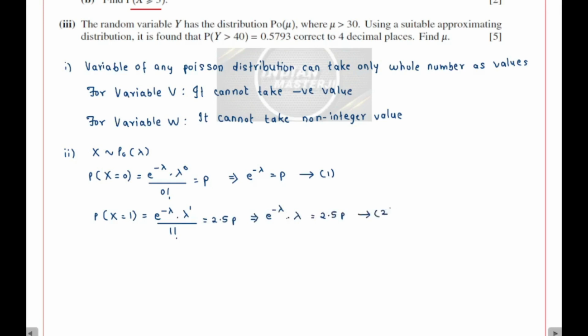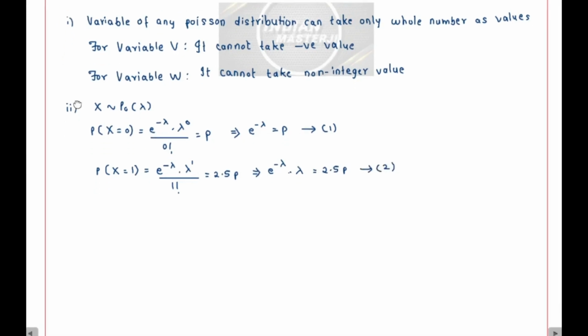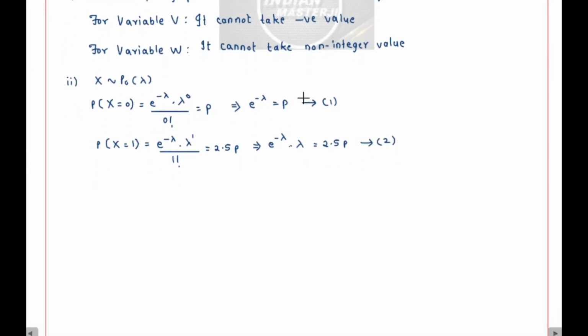Okay, so I have got two conditions, and from these two conditions I have got two equations. If I use these two equations and try to solve, what do I get? In place of E raised to minus lambda, can I put P here? Yes, I can put P here. So from first and second,